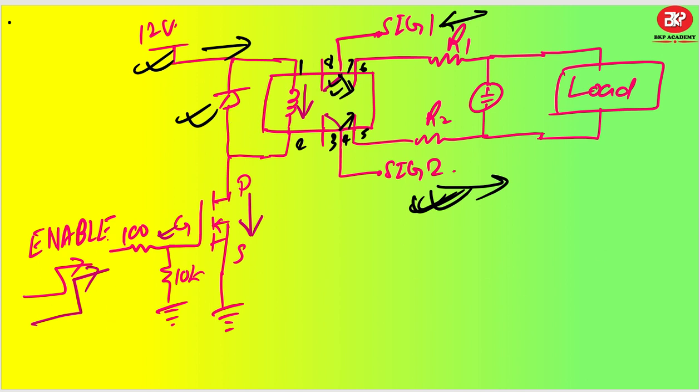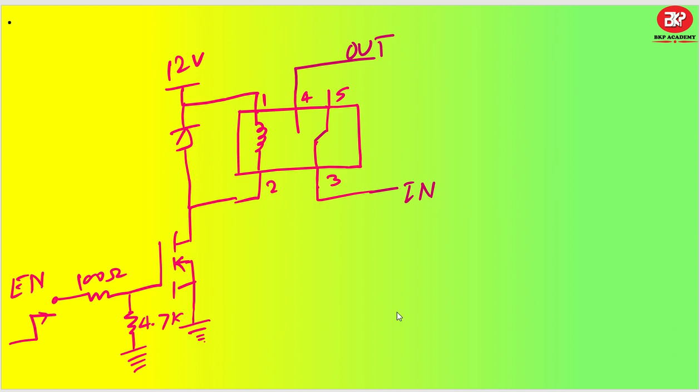Similar to that, let's take another example. Another example is like this. There is an input line that is going to go into pin number 3, and this is going to get connected. Right now it is connected to pin number 5. And there is an output line which is going to go to the destination. So our aim is to switch this particular pin to this side, on pin number 4. Got it?